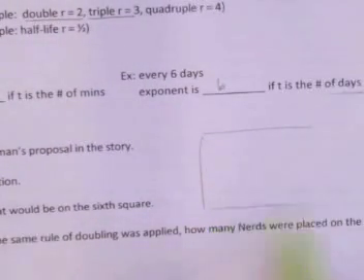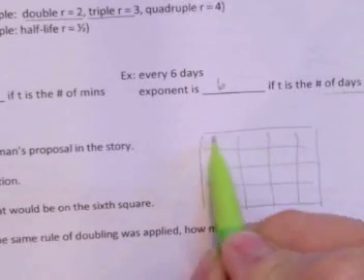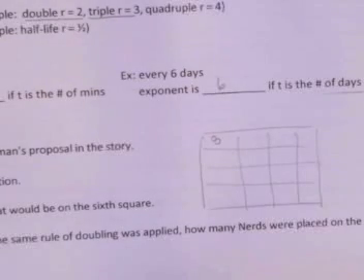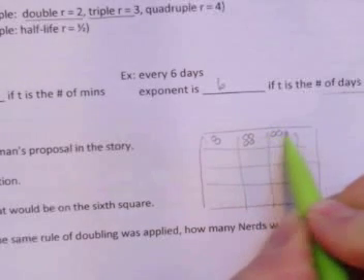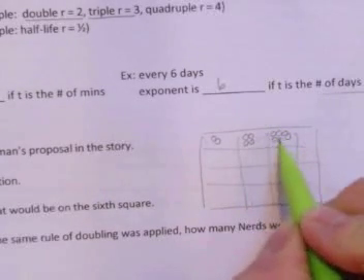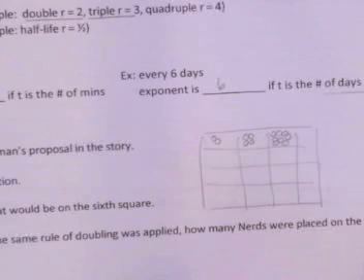There's 64 squares on a chessboard. Chessboard's 8 by 8. And on the first square, the knight was asking the king to place 2 grains of rice, and then double that to 4 grains of rice on the second day, and again double on the third day to 8 grains of rice, and so forth. And he asked the king to do that 64 times over.